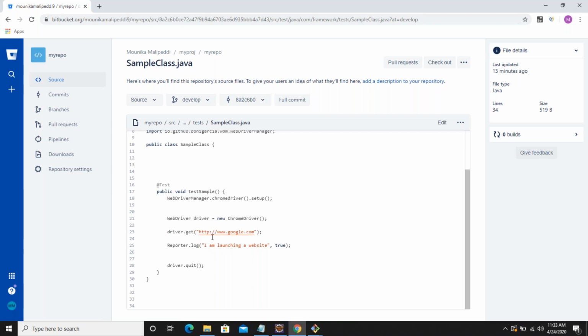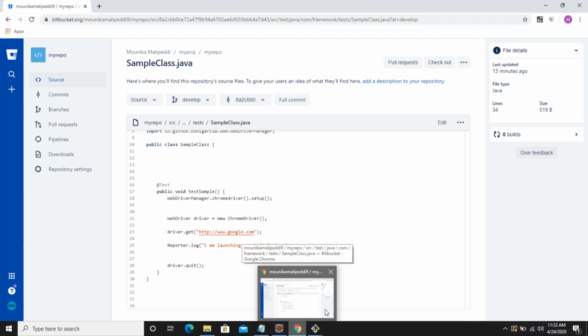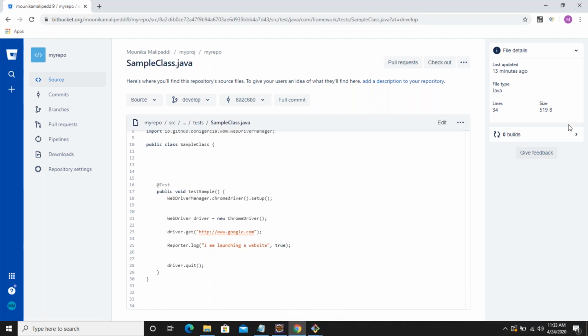Any idea? I have added a line in my develop branch, but that is not shown here. Why? No idea.